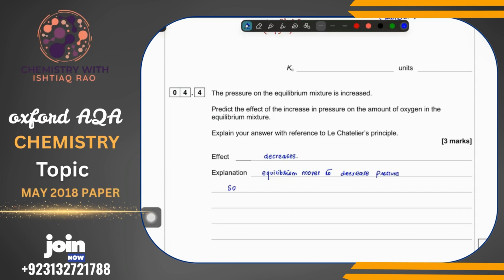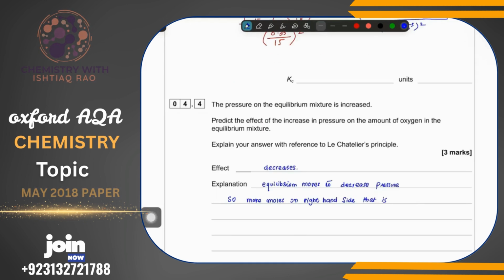So more moles on the right hand side, that is 3. 2 plus 1, 3. To the reactant that